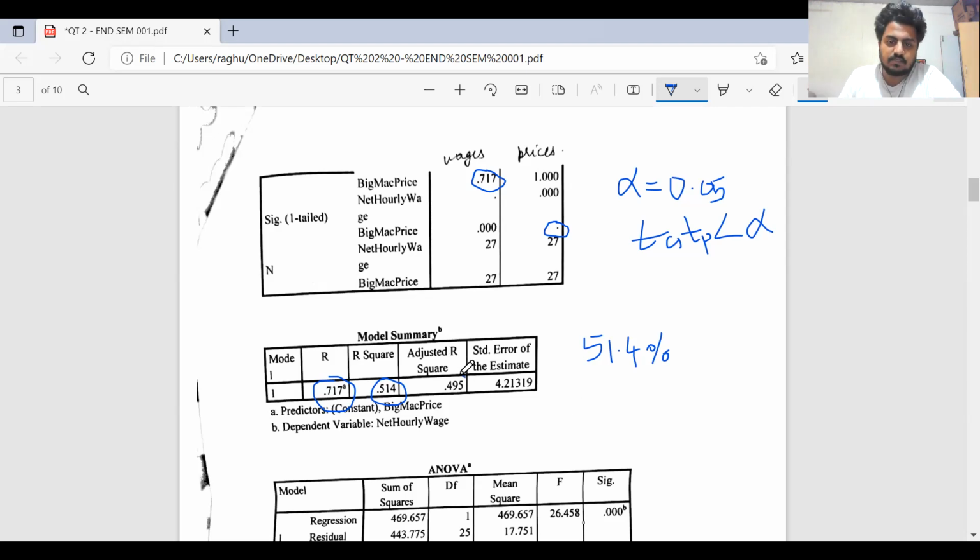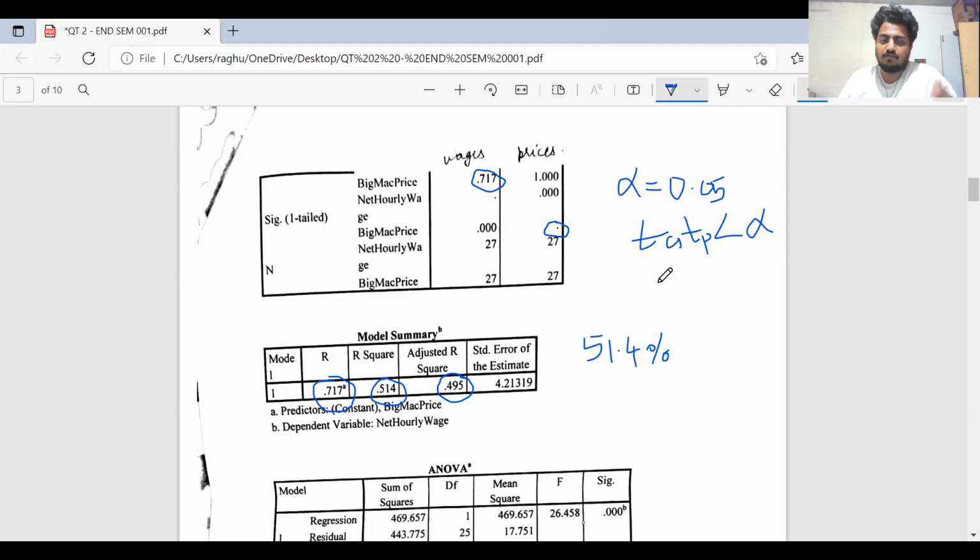Now the next part is the adjusted R square. This is sort of a validation. What is the interpretation? Just now, as I said, when you add the price of onion in the particular country, the value of R square will increase. At the same time, if it is a significant increase, the value of adjusted R square will also increase. But the thing with adjusted R square is it keeps on increasing as you add variables, but the moment all the significant variables are added to the model, it starts remaining constant, or it even falls down.